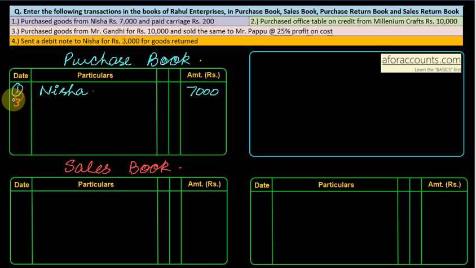Point number 3. First you have to purchase from Mr. Gandhi, that is purchase on credit. So write Mr. Gandhi. How much? 10,000. And was sold to Mr. Pappu at 25% profit on cost. So point number 3. In sales book, Mr. Pappu,